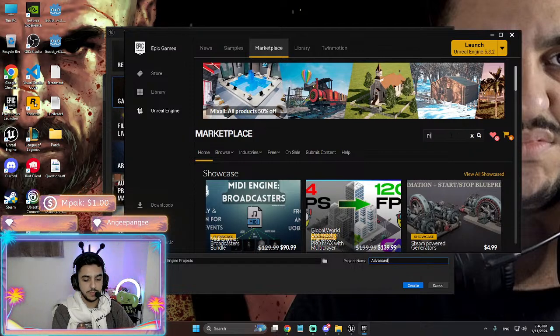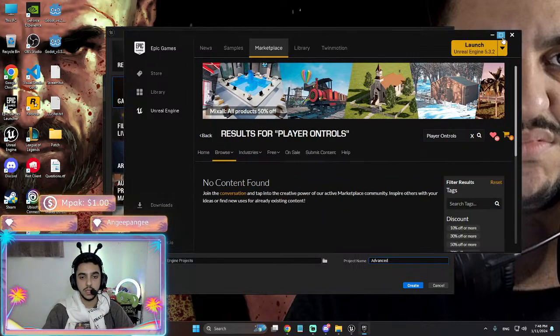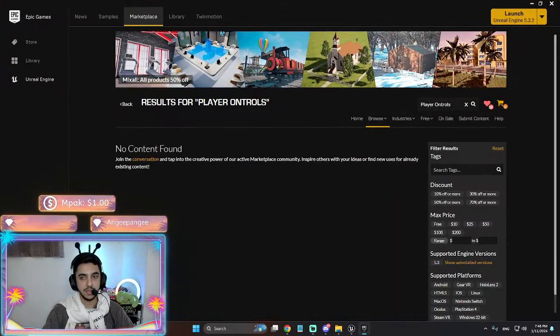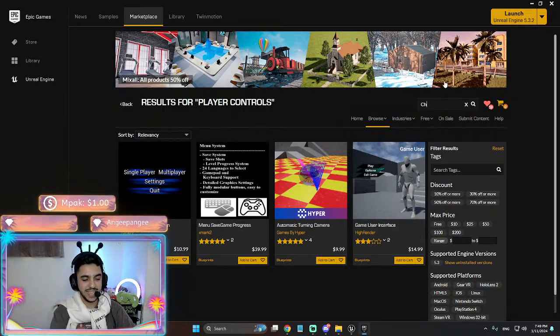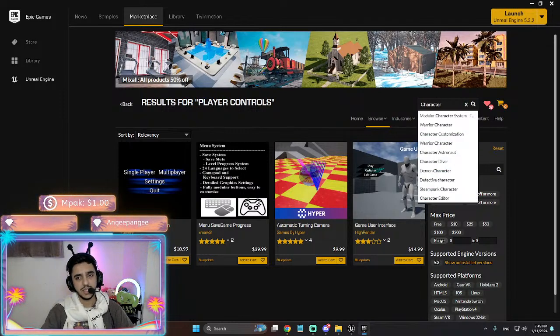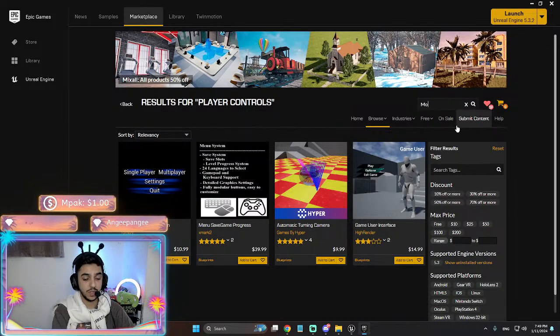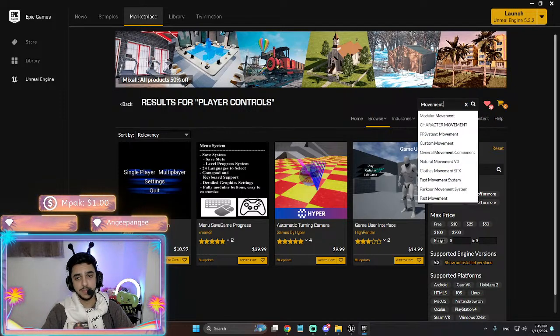Wait, what? Player controls. I want to see if that's a thing. Player controls. Nah. Character customization. Nah. Movement, maybe?